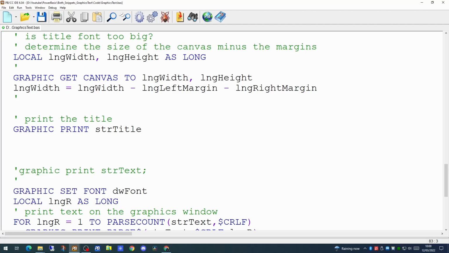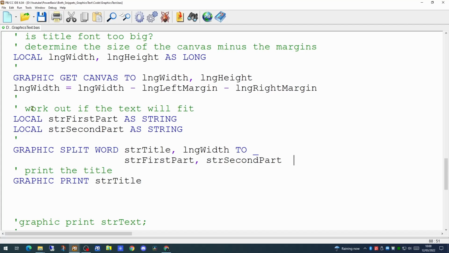Once we've got that far, we need to work out if the text will actually fit. Since the font we're using for the title is a proportional font, we know that it's not just on the number of characters. Thankfully, PowerBasic does give you a graphics split word command, which we can use quite happily to work out if the text will fit. So we're going to create two local variables, one called first part and one called second part.